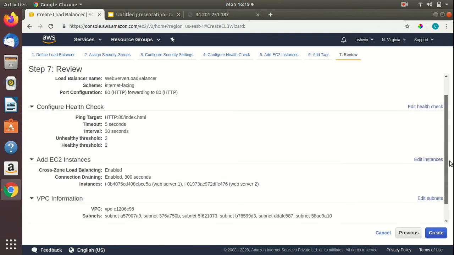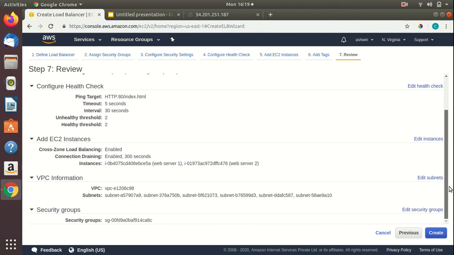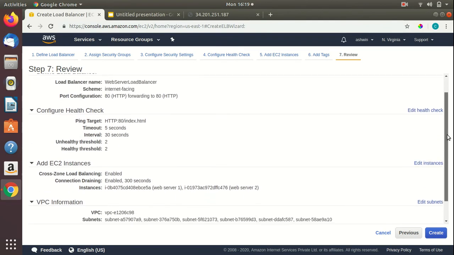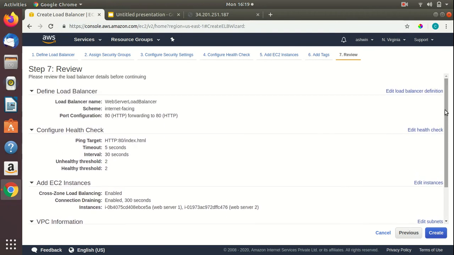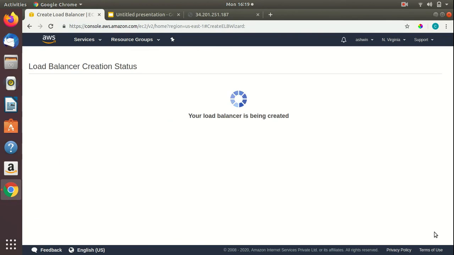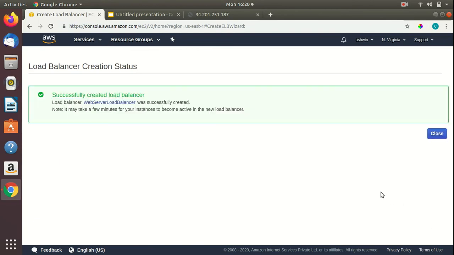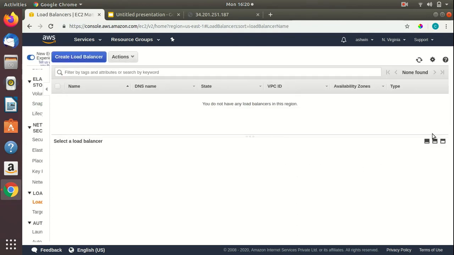Here we get a snapshot of all the steps we have gone through while creating the load balancer. Next I'll hit the create button. We get a message that we have successfully created the load balancer. So I'll click on the close button.